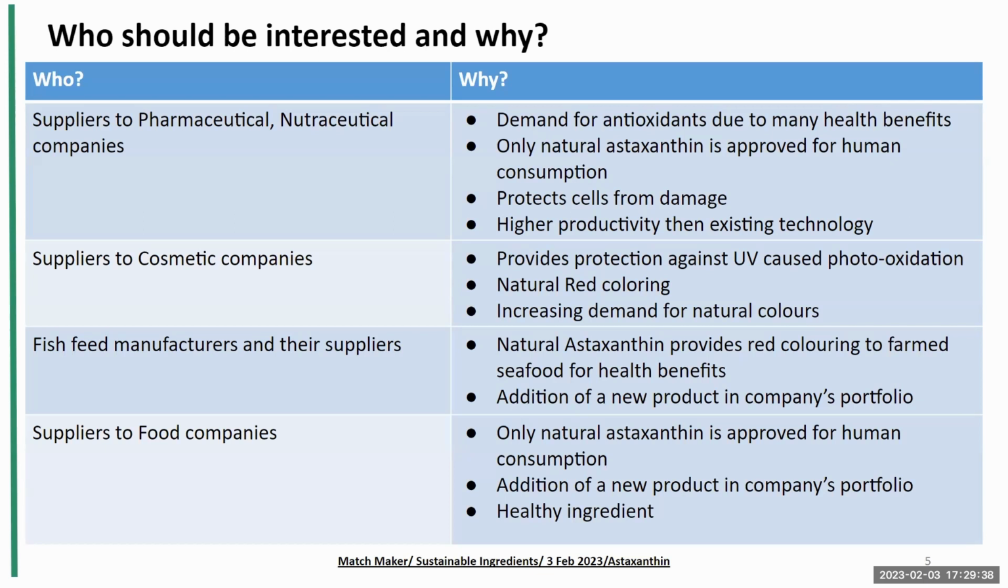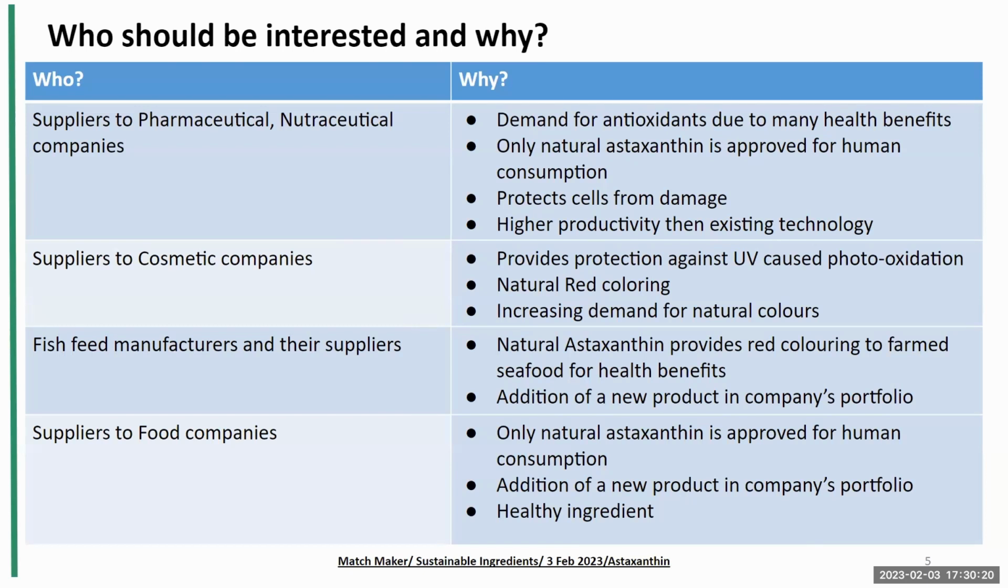Who could be interested? A pharmaceutical or nutraceutical company can use it as an antioxidant, due to its many health benefits. Only natural astaxanthin is approved for human consumption, so it's important that they come forward. These compounds protect cells from damage, such as from light. We have a strain with higher productivity than existing technology. Suppliers to cosmetic companies can also take advantage, for example by adding it to provide protection against UV